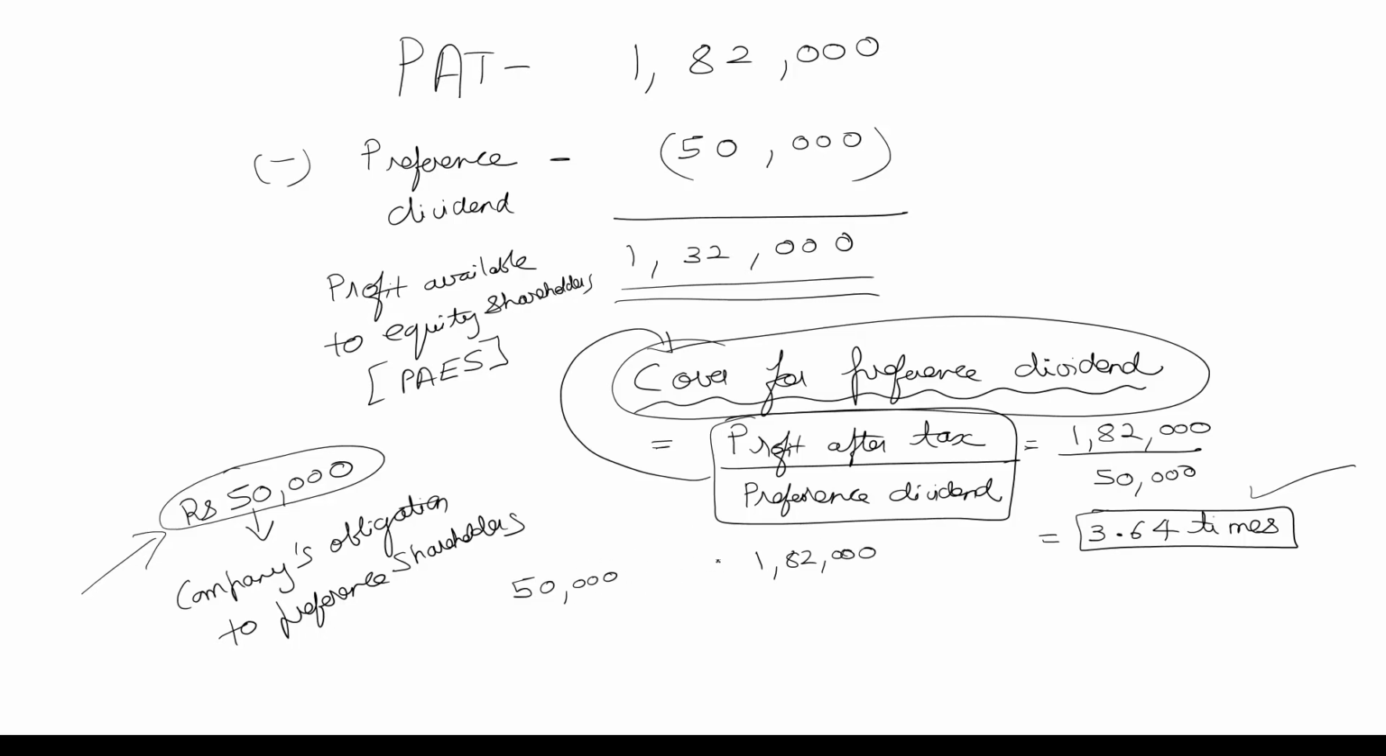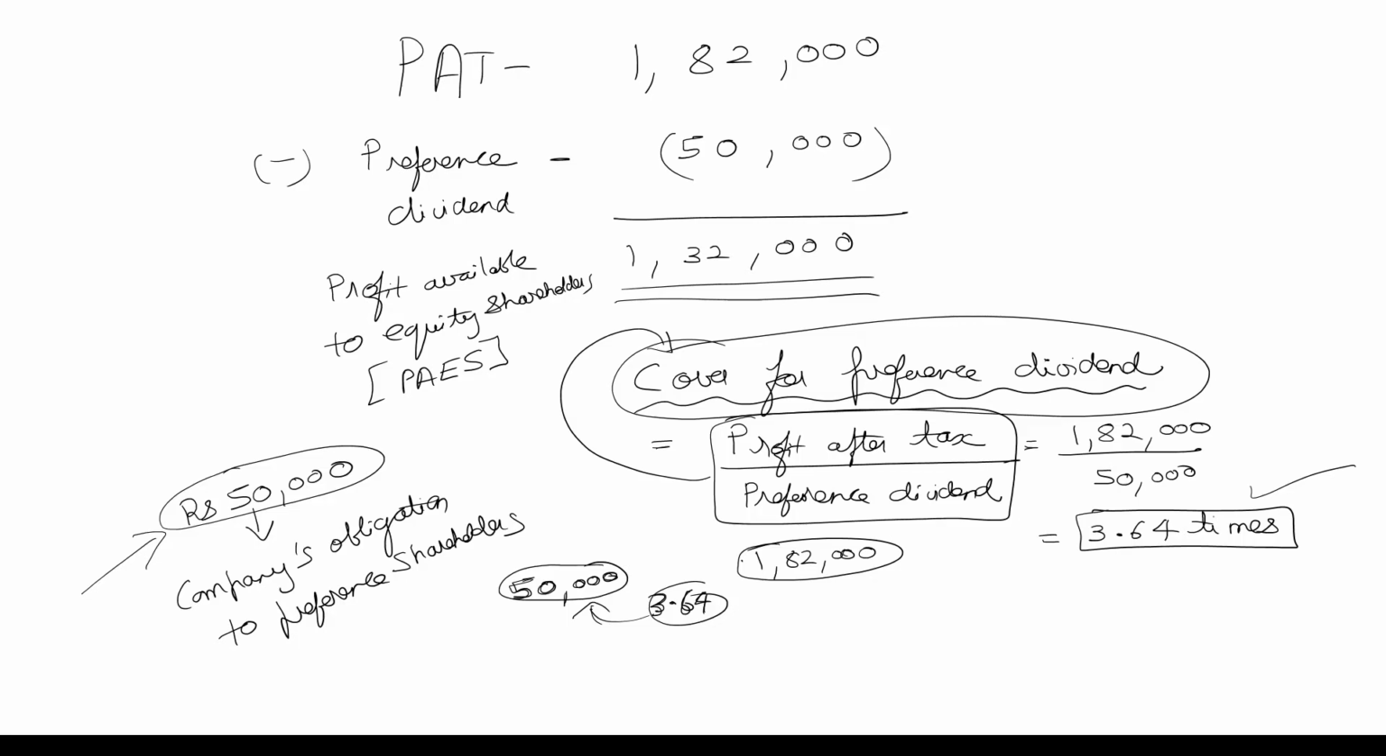1,82,000. So we say that we need 50,000 to pay to preference shareholders, but we have earned 1,82,000, which is basically 3.64 times of 50,000. So this is what is meant by the cover for preference dividend. While we need 50,000 to pay as dividends to preference shareholders, we have earned 3.64 times of that at the PAT level. So the cover for preference dividend is 3.64 times. So the PAT from which the preference dividend has to be paid covers the preference